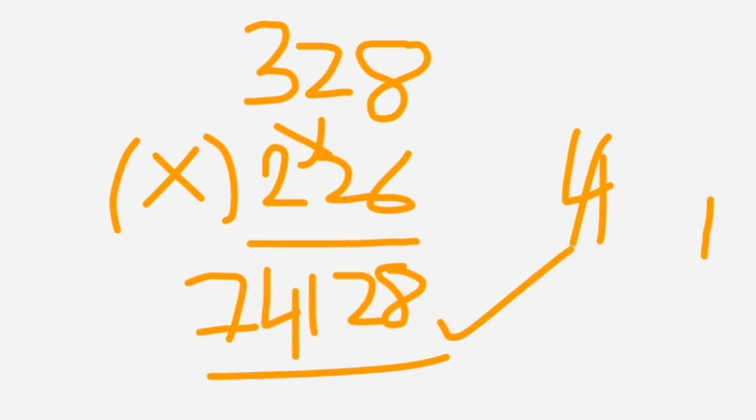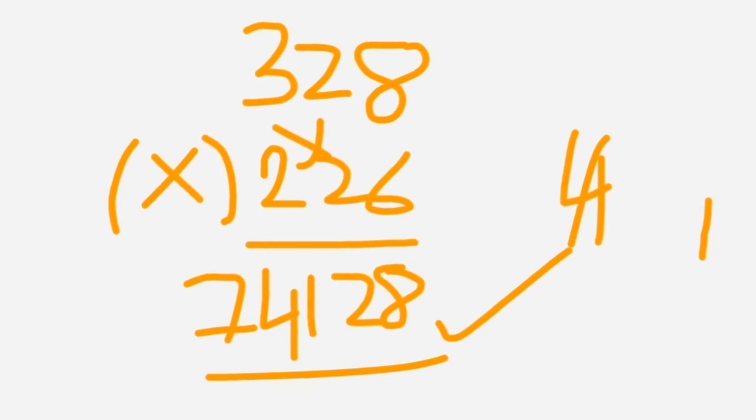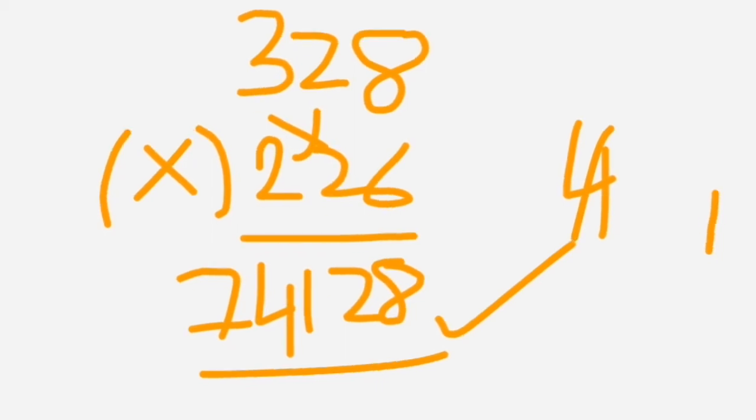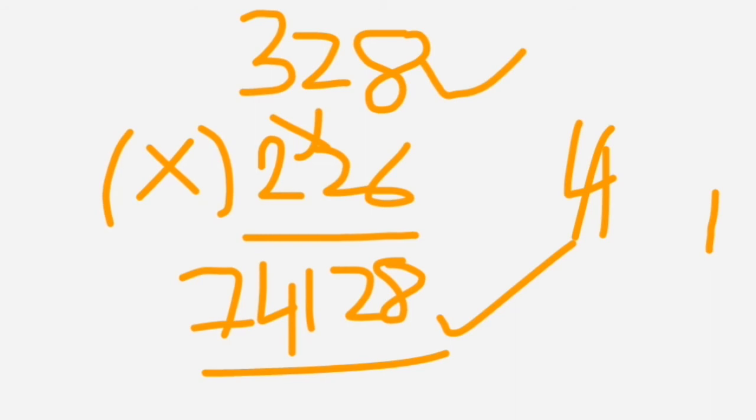Just imagine, friends, if you use the traditional method, it will end up taking lots of time in the examination. It will take so much time to solve this, and we are done here in a single step. Let's take one more example, friends. If you want to multiply a 3-digit number by a 2-digit number, how does it work? Apply the same procedure, friends. Let's take an example to get a clear idea.